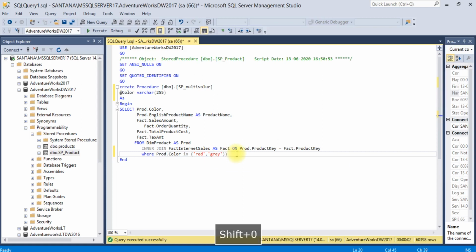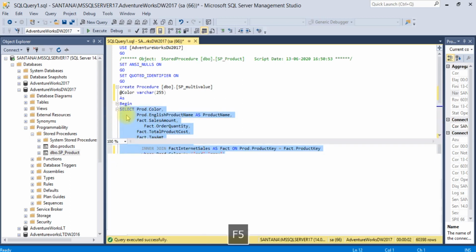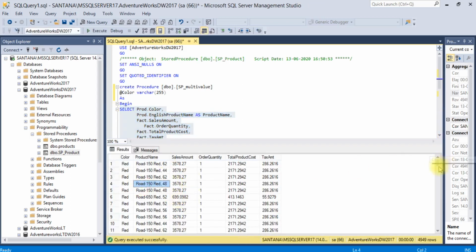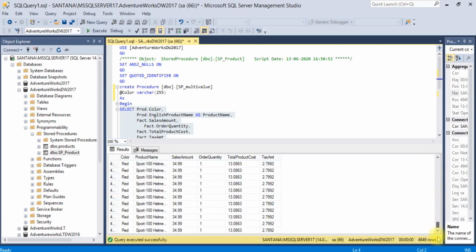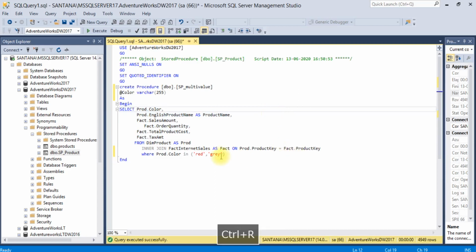The value will not come how it is looking. It will come in a row format. So if you run it, you will see the red and gray values, but from the SSRS report it will not come like this.